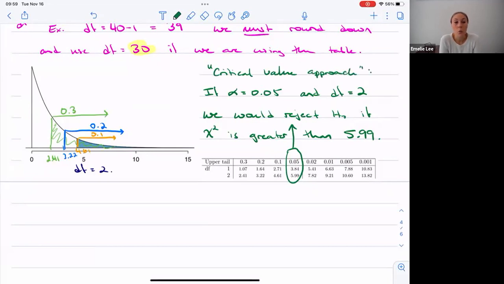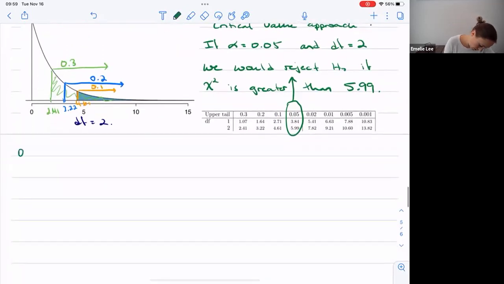We could have just as well used this table. The other way that we could do it is we could say, well, if I find a chi-squared that's somewhere between 4.61 and 5.99, then I know that my p-value is somewhere between 0.05 and 0.1, right? That can be a little bit confusing if you want to talk about it that way. So, the p-value approach,